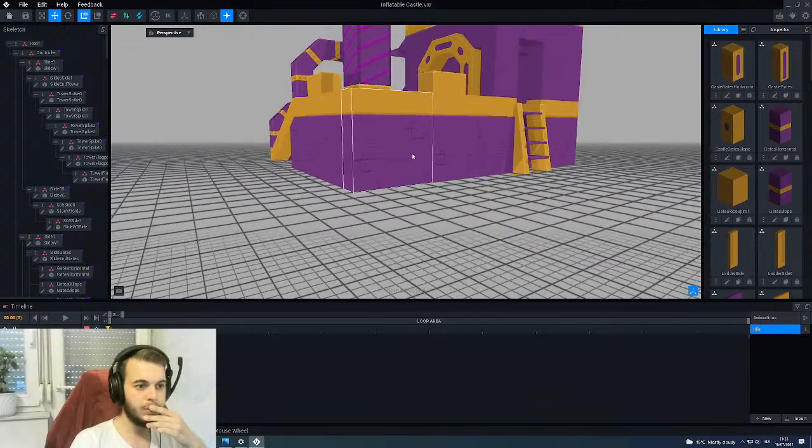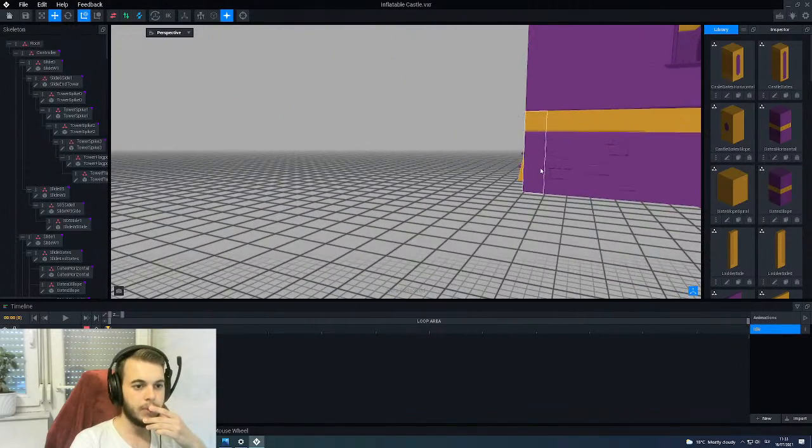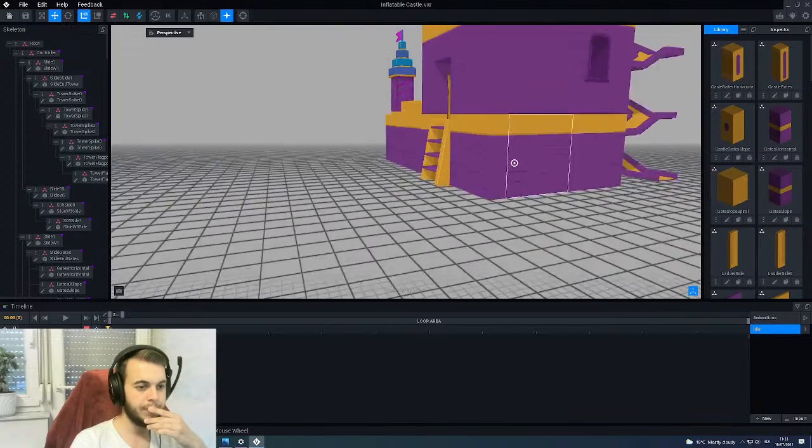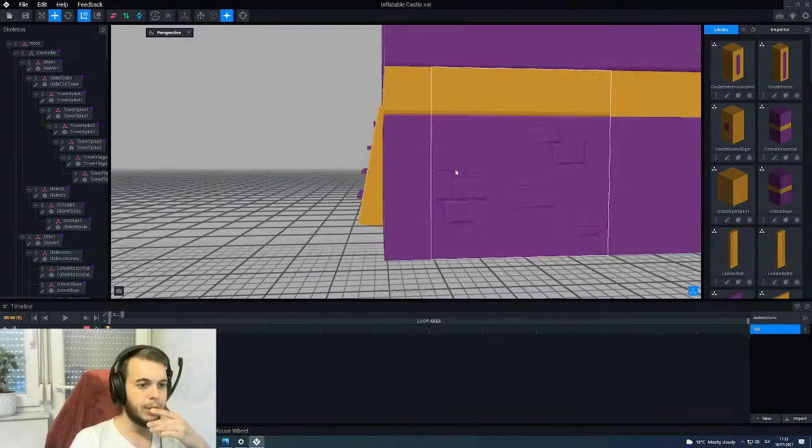Okay, so these two sides look pretty good, in my opinion. So